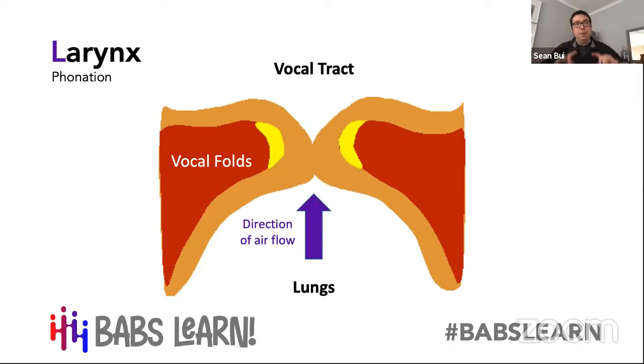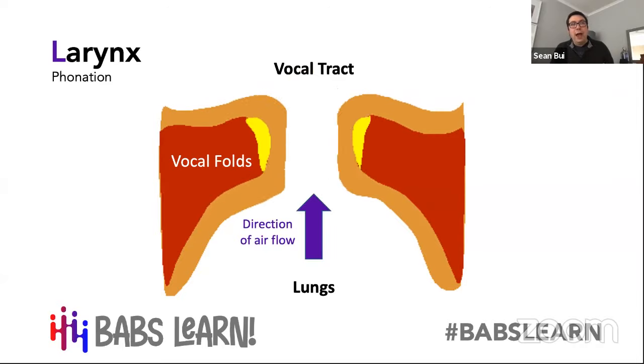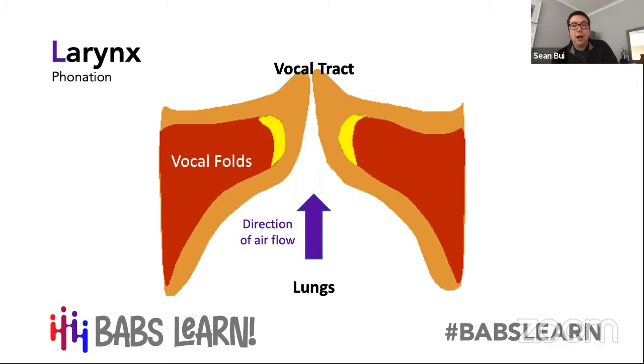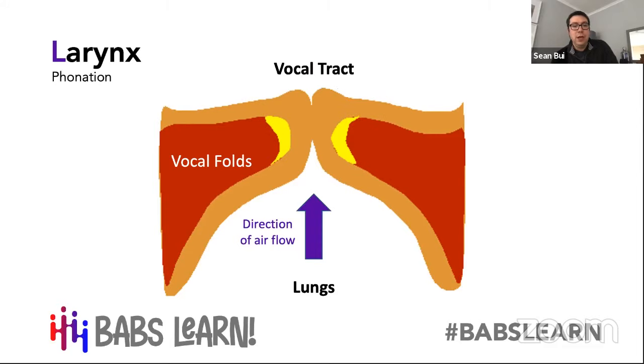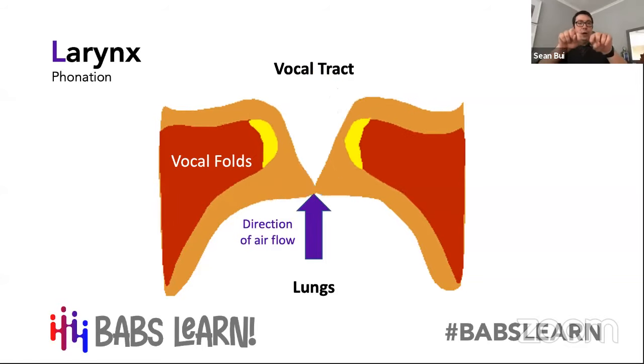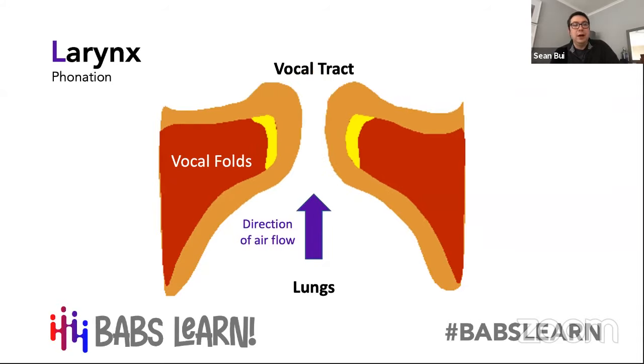So once we've filled up our lungs with air to an optimal pressure, we then allow the air to go the other way and exit the body, but it goes through the vocal folds, and as it pushes up through the vocal folds, it creates phonation. It cycles very, very quickly through the gap, and it keeps opening and closing, and this happens at an extremely fast rate that's not visible to the naked eye.